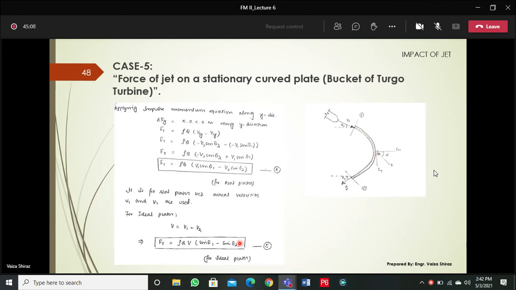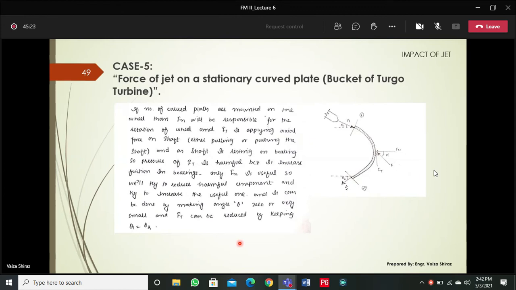condition for both Fn and Ft. Your Fn will become maximum and Ft will become minimum, which is 0. So that is the theoretical value which you need to get the Fn maximum and Ft minimum. Okay? अब ये वही डिस्कशन है जो मैंने आपसे अभी की है, why you have to increase Fn and why you have to decrease Ft. So you can further read it from here.